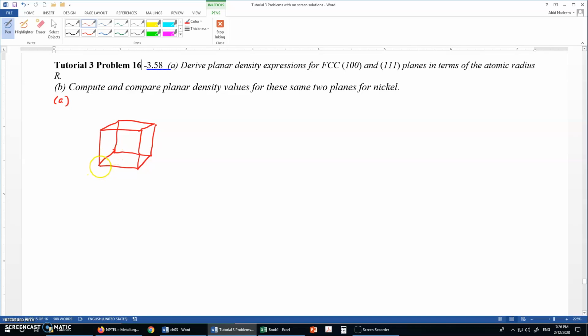The 1 and then 00 means this plane is parallel to the y and z axes. So the 100 plane will be this plane,